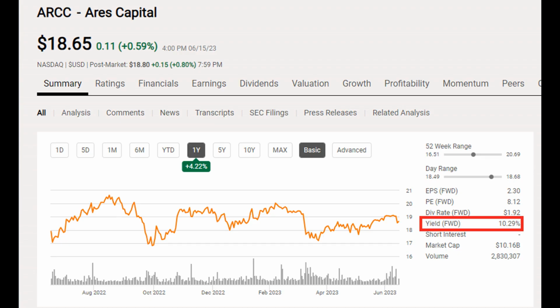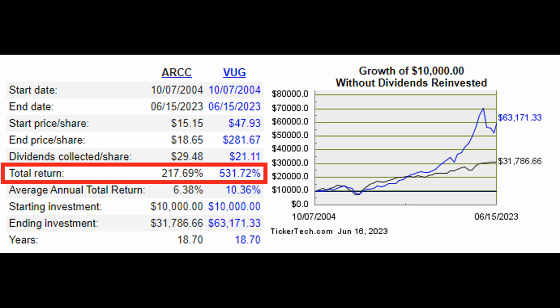I will start with comparing VUG with one of the most popular business development companies out there, RS Capital, ticker symbol ARCC, which is known for its high dividend yield. This is what you would typically see on the internet. As you can see on the chart, the growth ETF crushes RS Capital with 531.72% total return versus RS's 217.69% total return. A new investor sees that on a video or by looking at a simple Google search result chart